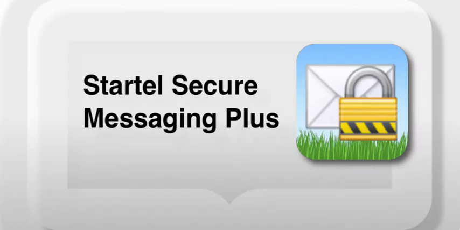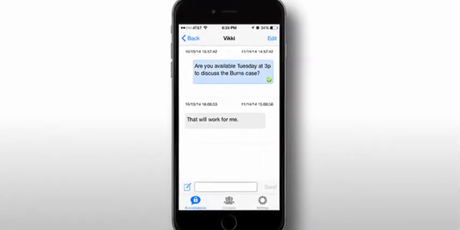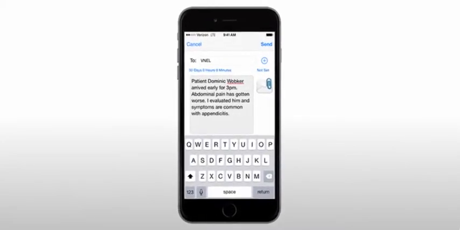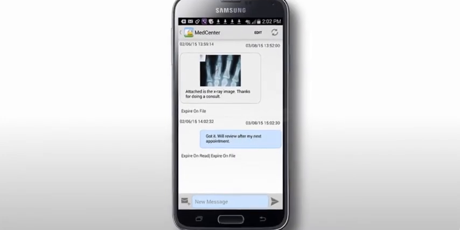Introducing Startel Secure Messaging Plus, also referred to as SM Plus. SM Plus is Startel's secure text messaging solution for businesses and healthcare professionals. Quick, convenient, and less invasive than a phone call, SM Plus offers a secure, HIPAA-compliant way for users to safely